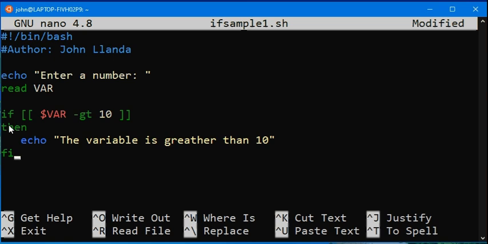The beginning of if is the keyword if, and to end the if is the keyword fi. Okay, so I believe we are finished with this simple code to determine if the variable is greater than